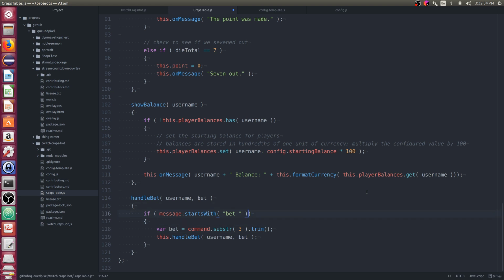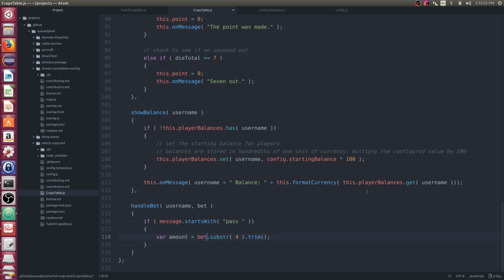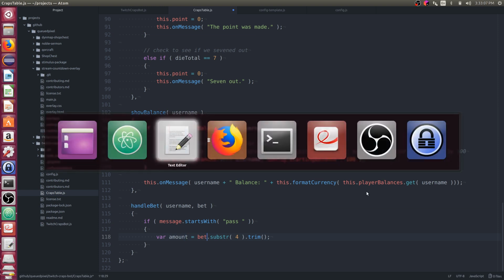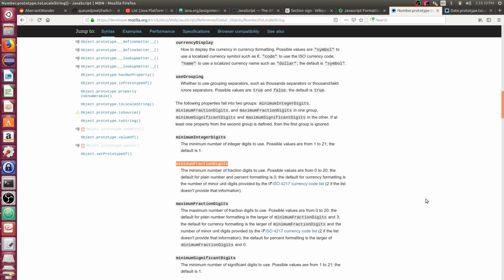Alright, so if the bet starts with pass, I'll do another space here. Then let's say var amount is equal to, that's not command, it is bet.substring(4).trim(). And we want to convert this to a number. How do I do that?